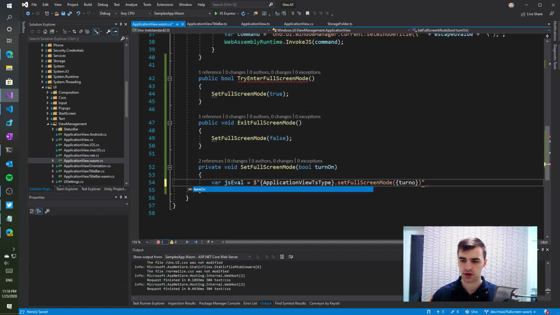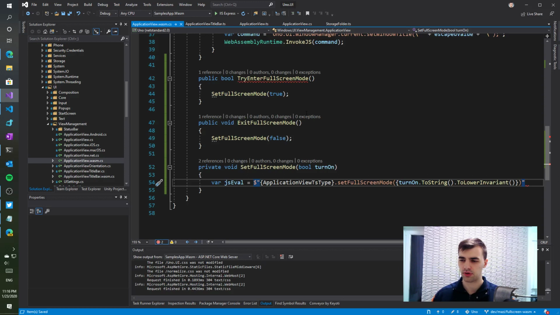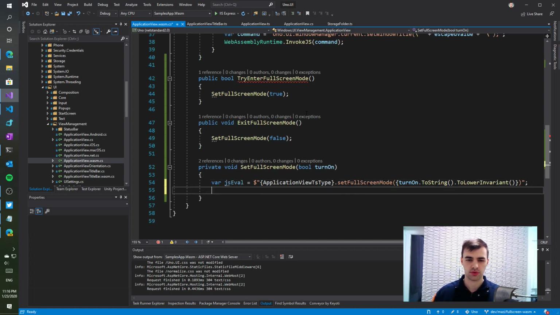So let's do turn on and put it to string, and let's do lower invariant, so that we have it lowercase, as toString in C# on boolean generates a capitalized version of the truth value, either true with capital T. So we use to lower invariant to put it to lowercase to match JavaScript convention. So now the JS eval is a string we want to execute, and we execute it using this WebAssembly